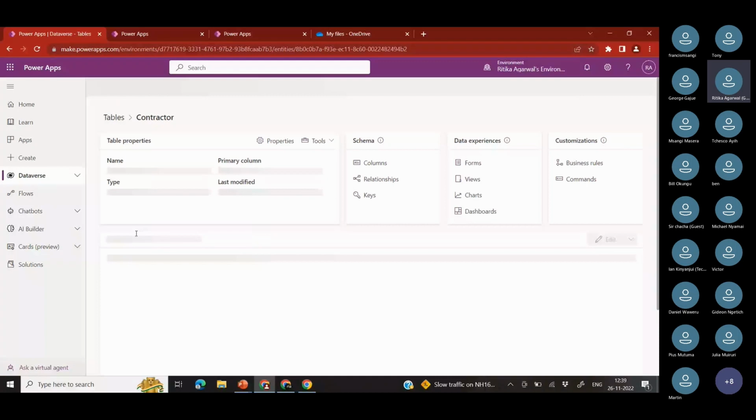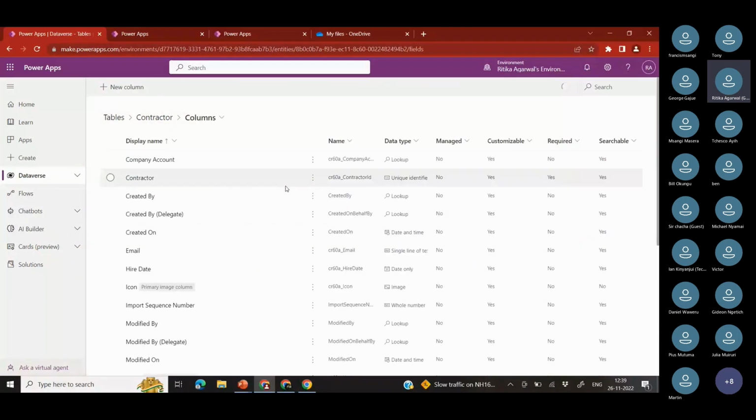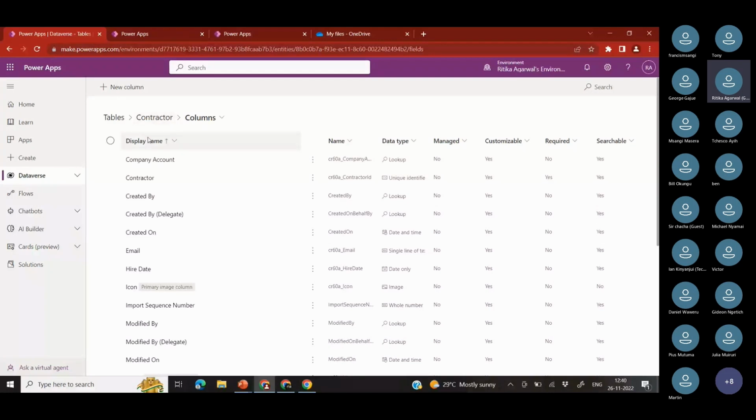For this contractor, I have a number of columns, just like anything, whether you're using a SQL server earlier or maybe even an Excel sheet. Every data you store, I would say 90% of the times, the data you're storing is in the form of tables. So here also I have a table called contractor, and it has several columns to store the properties of